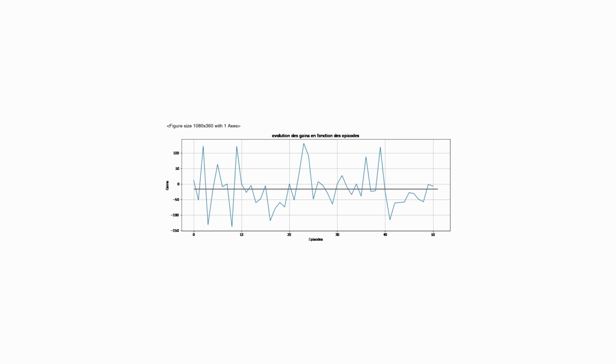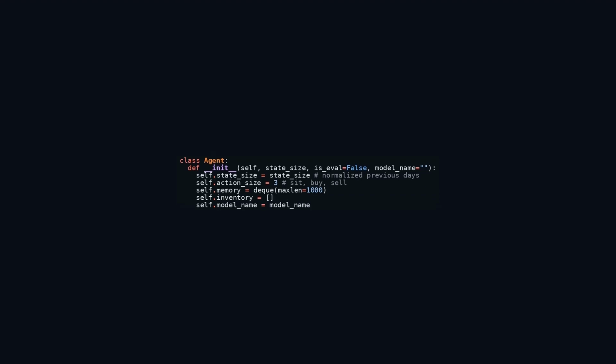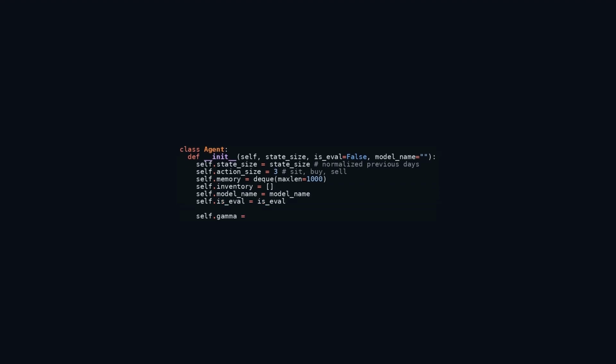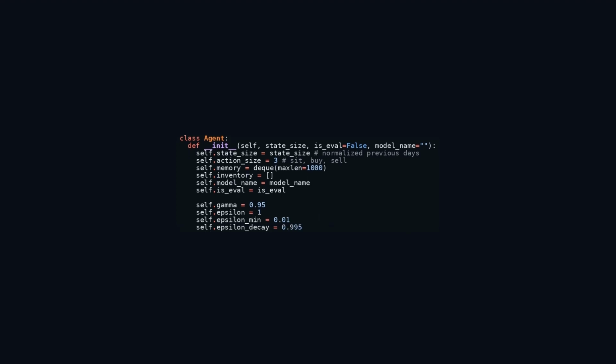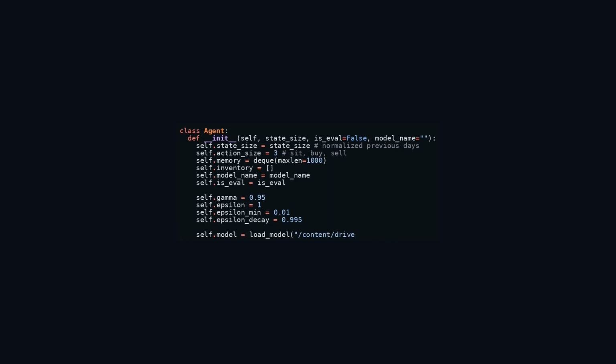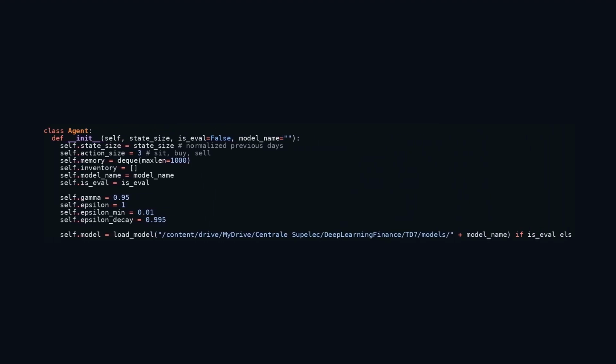to make well-informed decisions. The code provided offers an implementation of an agent class tailored for maneuvering within a reinforcement learning setting. Among the attributes found in the agent class are state size, denoting the count of normalized preceding days, action size, representing the potential actions such as sit, buy, or sell, memory to cache transitions, inventory for monitoring owned stocks, and parameters like epsilon for balancing exploration and exploitation, gamma for discounting, as well as a neural network model